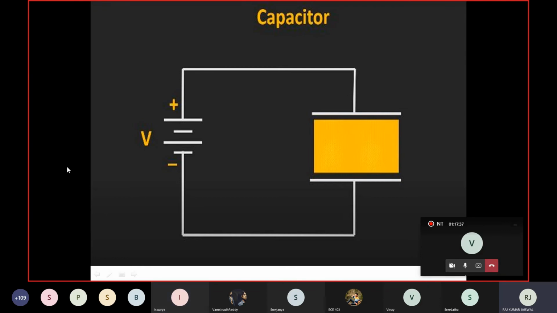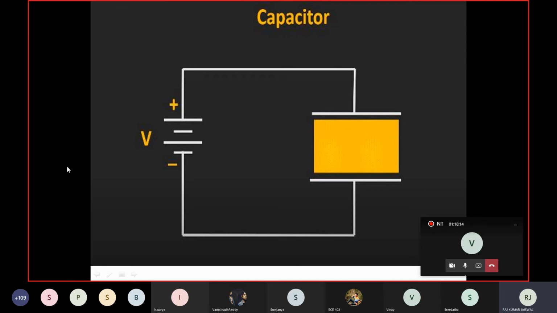You need to feel the subject. If you feel the subject, definitely whatever question they ask, you are going to solve. Feeling will come when you think so much. When you have a good concept, then automatically the feeling will come. Then the capacitor is nothing but it works like a battery. One of the students replied it is working like a battery. But for charging the battery, what do we need? We need a power supply.